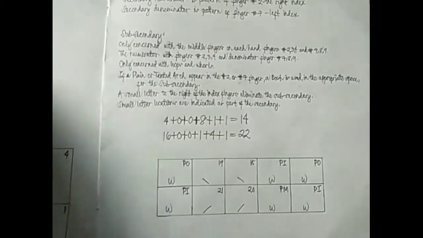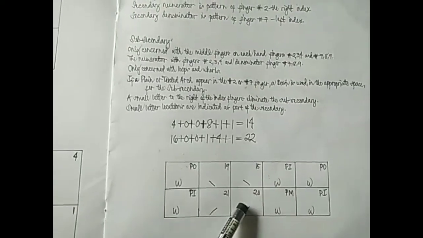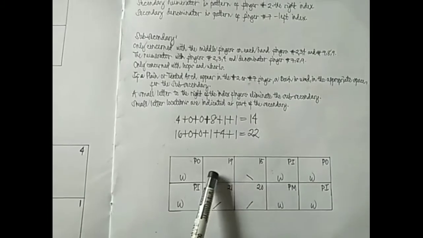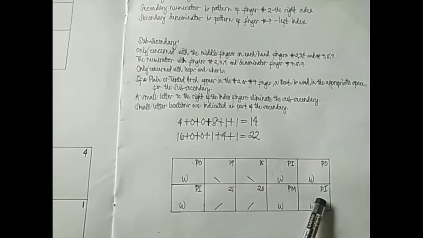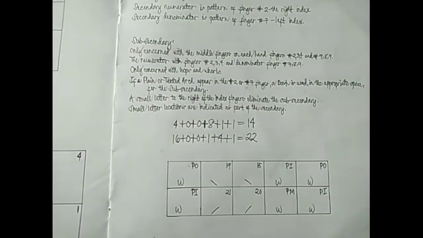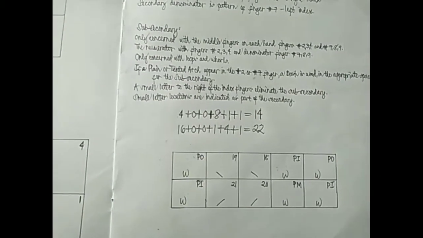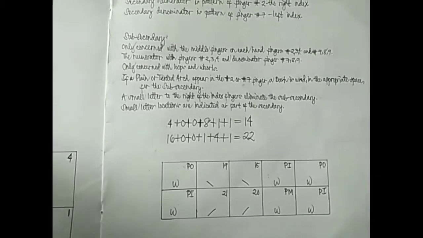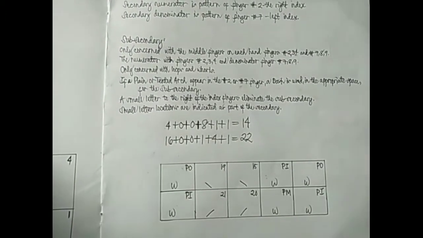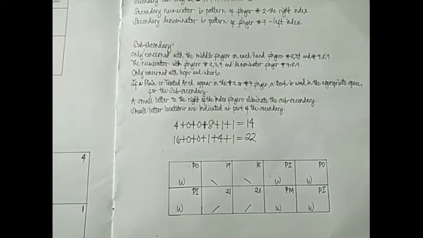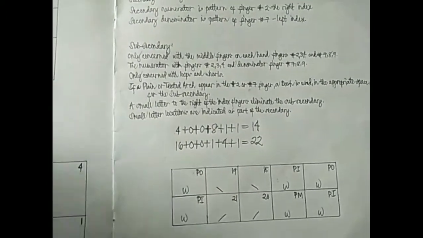So if there is a small letter here to the right of either of the index fingers, then there will be no subsecondary. But instead, you will write the location of the small letters as part of the secondary. So here in the example,